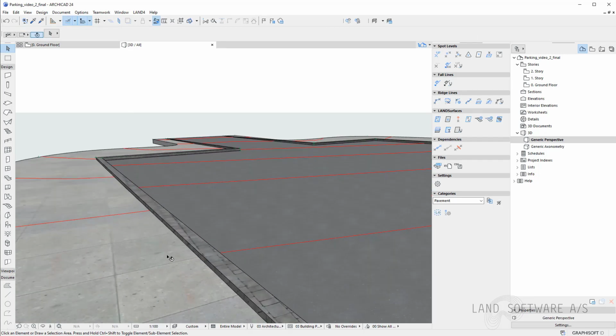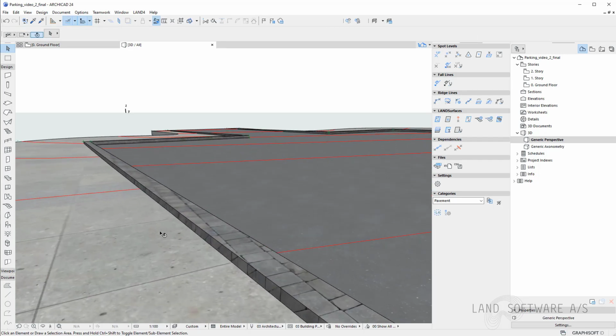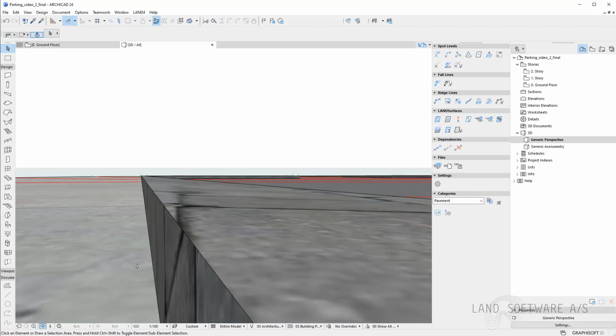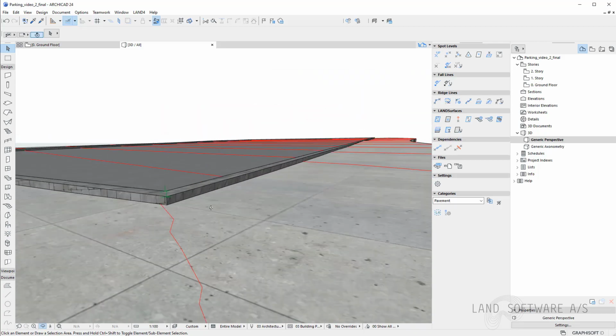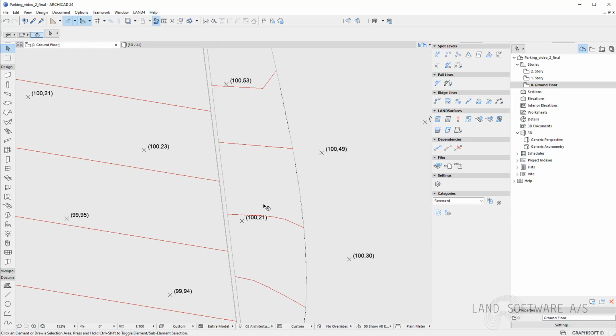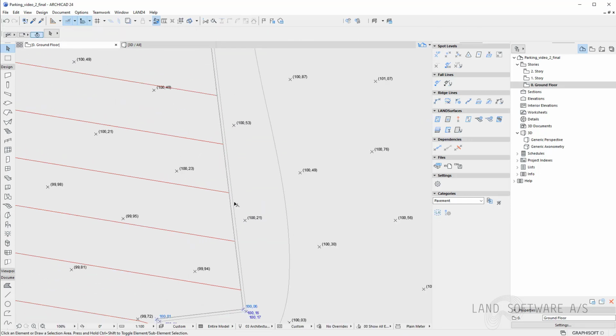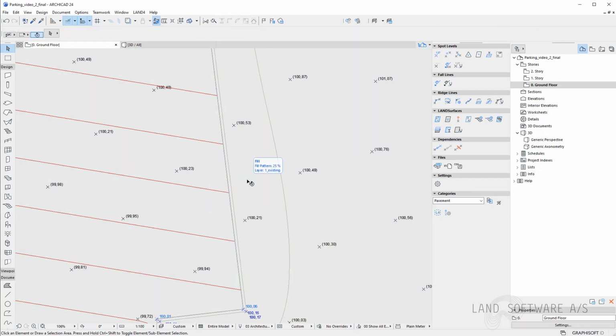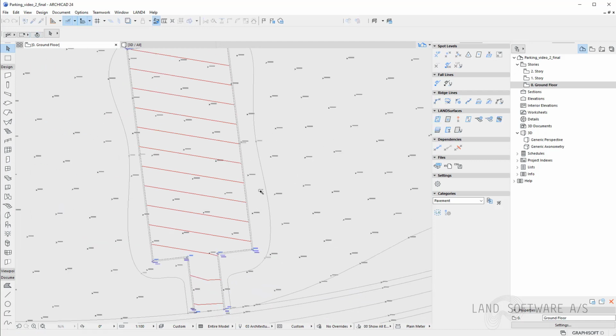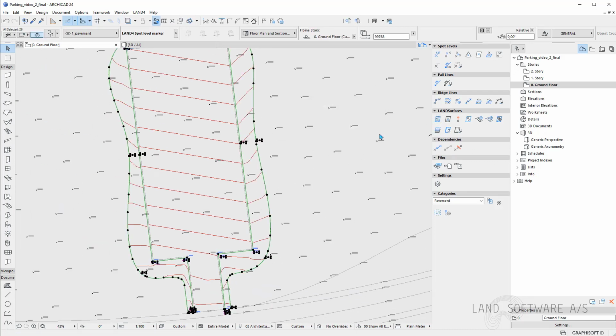We can also visualize this in the 3D where these two surfaces are meeting. Therefore, the pavement surface meets the parking edge at that certain level because of the spot levels all around the parking edge, and not because we have or had control over it. But now I can copy to category, and then I can use it in creating the surface where I will have total control over my ridge line there. Now creating the surface, it's also selected, as you can see.